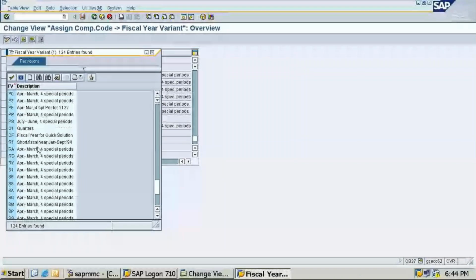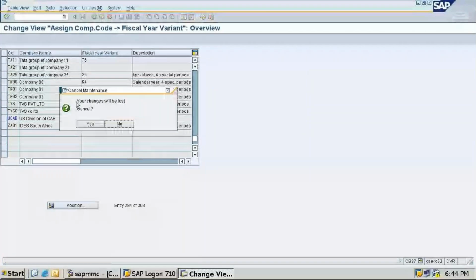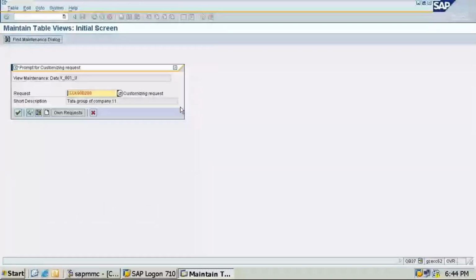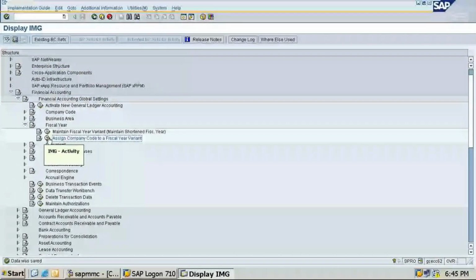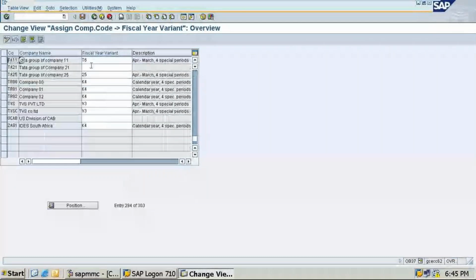Now you can see this T6 has been done, and click on this save button. It will show no posting periods, but you press enter and save it. Cancel it, otherwise the data will be lost. Click on this and then save. Once you click on save the changes, first it will ask, then click on save. Okay, if I want to check once again whether the data has been saved or not, click on the position, give your company code, and check T6 has been saved here.